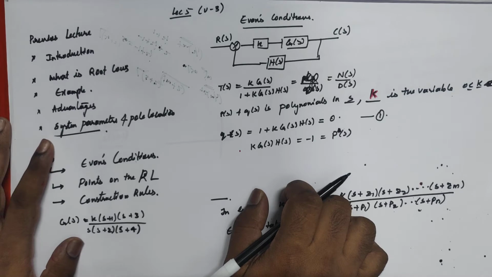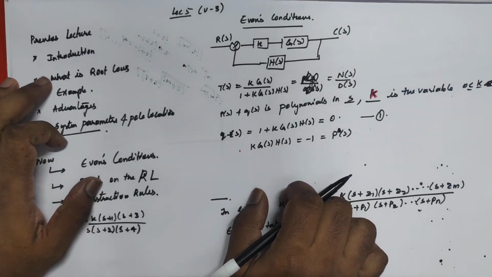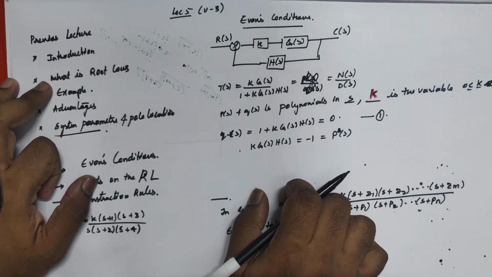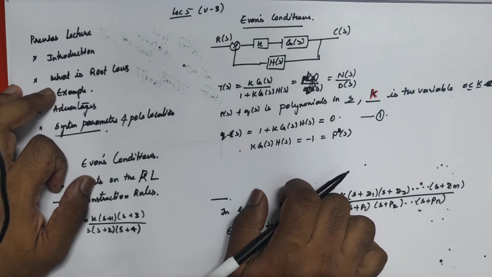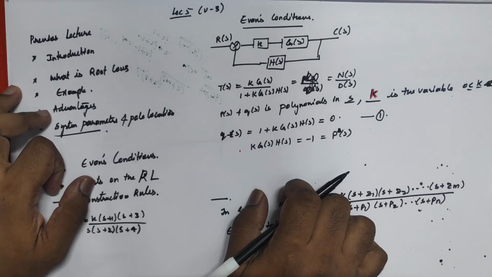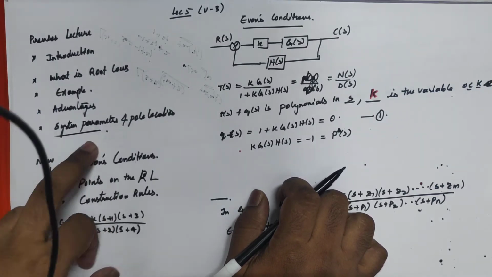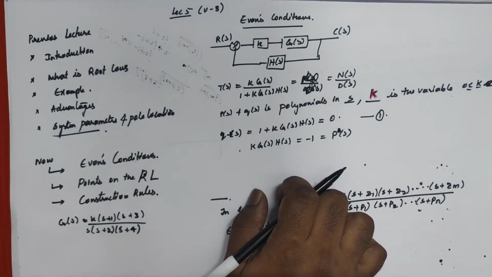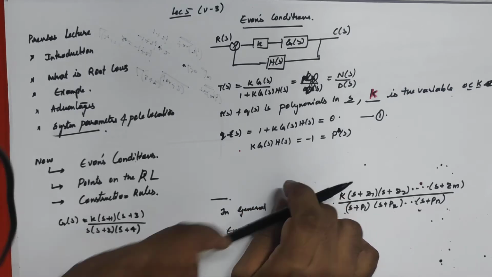So in the previous session we covered the introduction of root locus, and that root locus means the migration of the poles with varying k value. With a second order example I dealt with the location of the poles, gave some advantages of the root locus, and discussed the second order parameters like the zeta value and omega value. Now we have come to the core section, drawing the root locus.